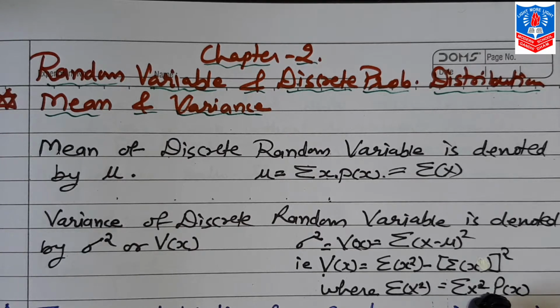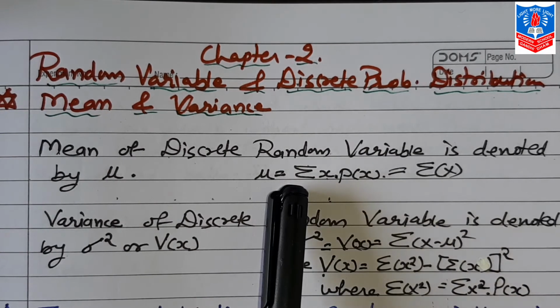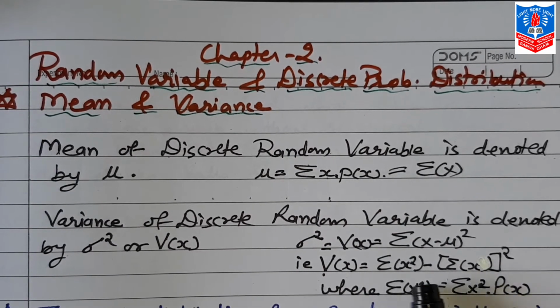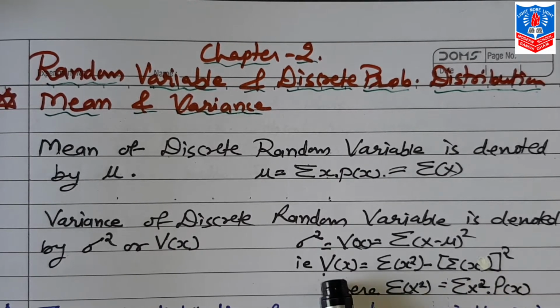Now this will be very clear when we solve one sum. Minus sigma x, this sigma x is mean only. That is why here it is x minus mu whole square. So this will be sigma x square. With this value we find, what we subtract is the mu value, and the square of that we subtract from this, and we get the variance. Now how? Let us start with one sum.